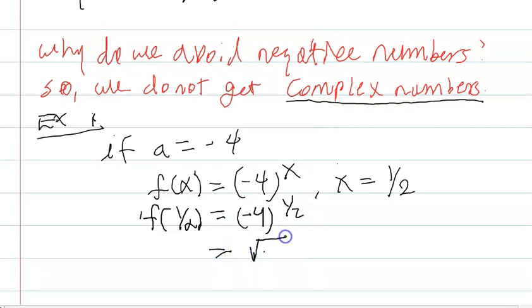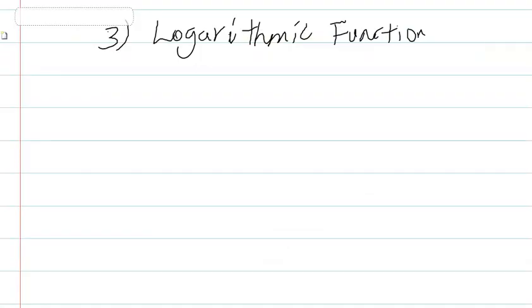Square root of -4, which is a complex number, right? It can be plus or minus 2i. This exponential function ላይ it doesn't work. ለዛ ነው ኔጌቲቭ ነምበሮችን አቮይድ ያደረግነው ማለት።